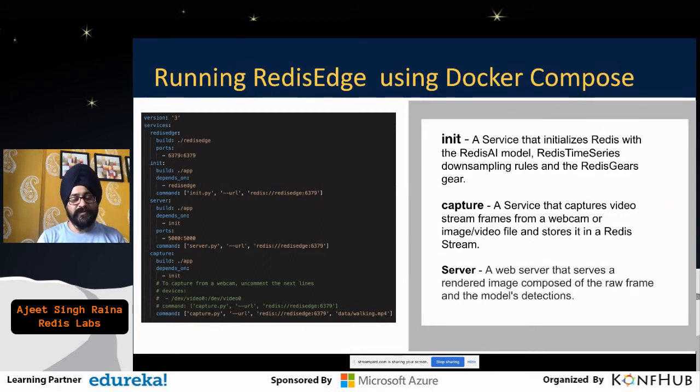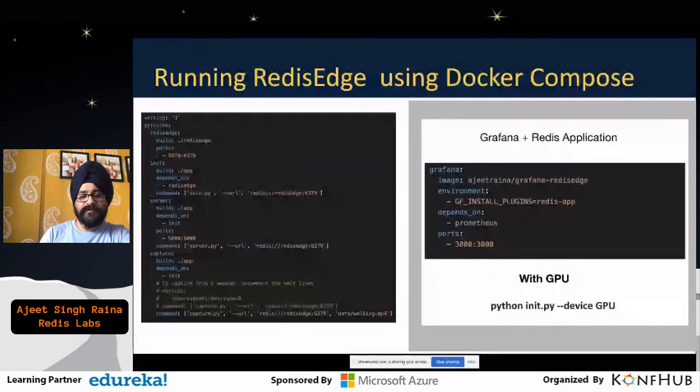Capture is the service which captures the video stream frames from a webcam. So if you have a Raspberry Pi connected to the camera module, you can fetch the frames from that. And we have a web server service which serves a rendered image composed of the raw frame and the model detection. So with Docker, you can abstract a lot of things here, and it is just a Docker Compose file which I'm going to show you in the demo.